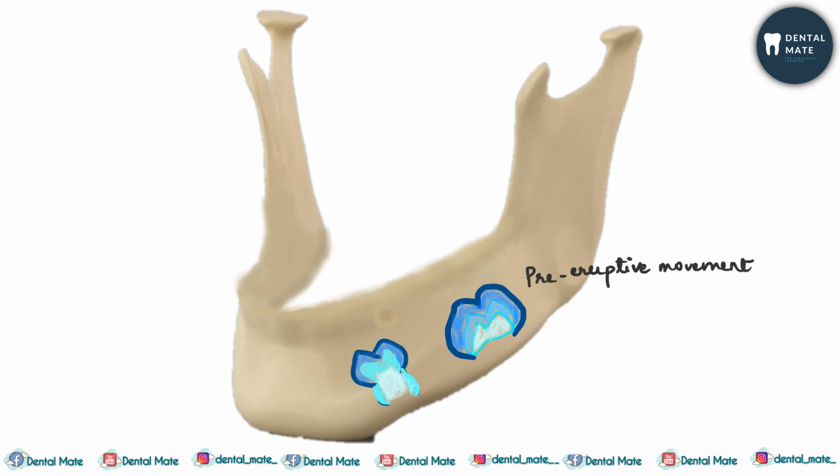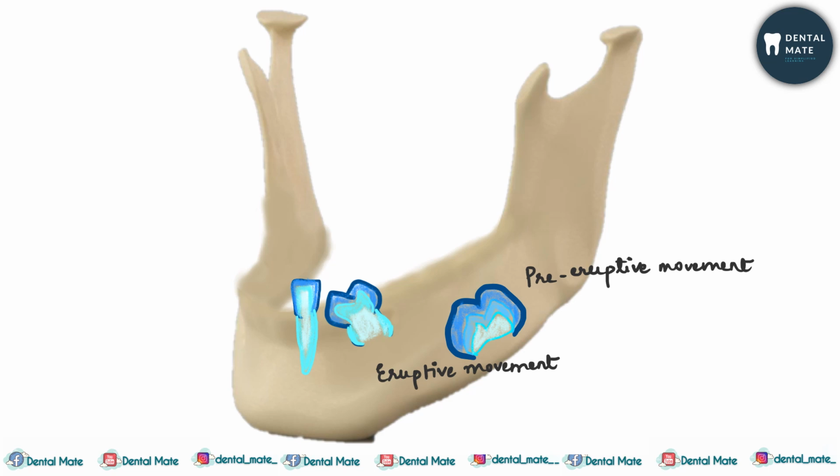Now next is the eruptive tooth movement. So this movement is made by a developed tooth as it moves from the jawbone to the functional occlusal plane in the oral cavity. Next is the post-eruptive tooth movement, right? So this is made by the fully erupted tooth. It is done to compensate for the occlusal wear and to maintain the occlusal table as the jawbone continues to